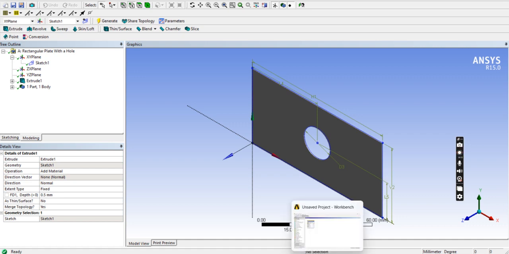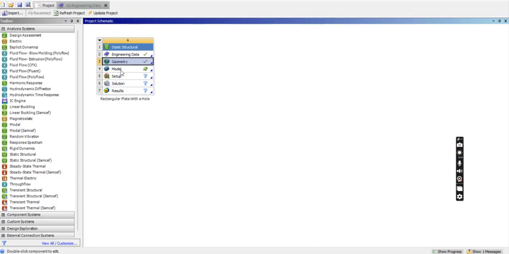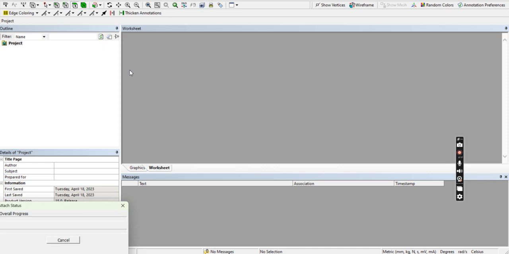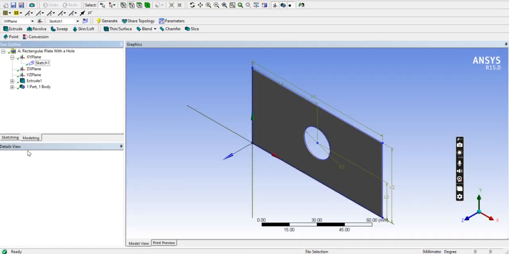Once it is over, come to the ANSYS symbol. See here, initially, when you open, the geometry has a question mark. After assigning the geometry, it is converted to a tick mark. Then come to model. On model, we can give a double click, so that now the modeling is going to open. Once it opens, it will take the loading of the information. After the information has come, first of all we have to